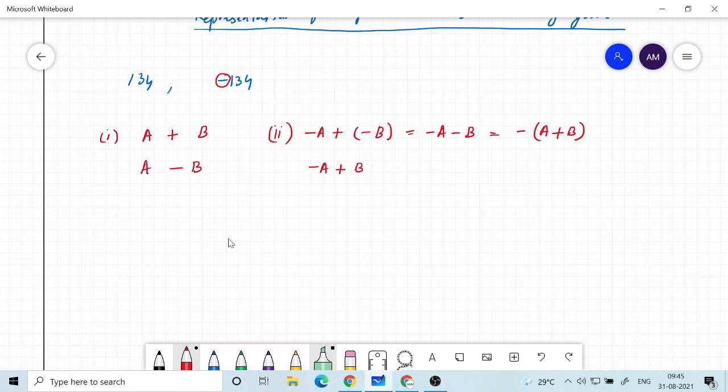Now what about A minus B or minus A plus B? So how do we do in case 3 and 4? What we usually do is look at which has a larger magnitude. If A has larger magnitude, then we do A minus B, you get a positive number and that is the answer. But if B has larger magnitude, we do B minus A and then put the sign of the bigger number. So you subtract the smaller number from the bigger number and put the sign of the bigger number. So that's how we solve such problems.